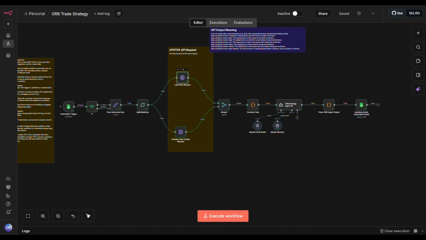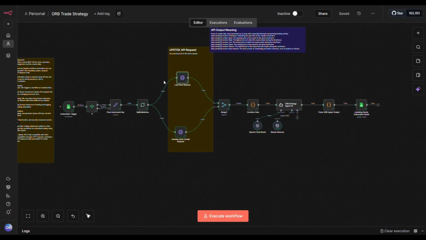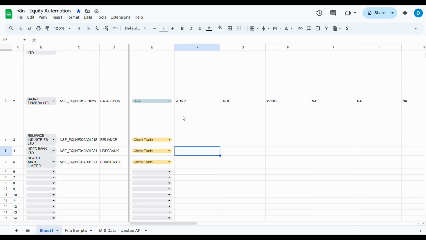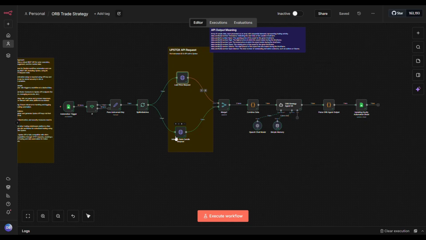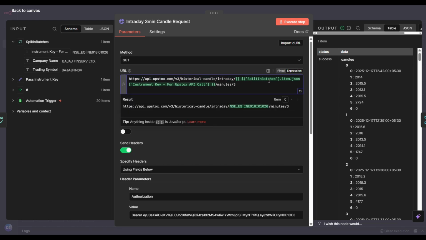Now this is the HTTP request that we are making for the Upstox API, and as you see, the Upstox market code, this is the JSON instrument key which we are pulling in from here, right? And we are making two API calls in Upstox. One is to get the last price, which is this one, 2015 in this case for Bajaj Finserv, and one is for the candlestick data, the 3-minute candlestick data. So these are the two API calls we are requesting from Upstox, and you need to be mindful of